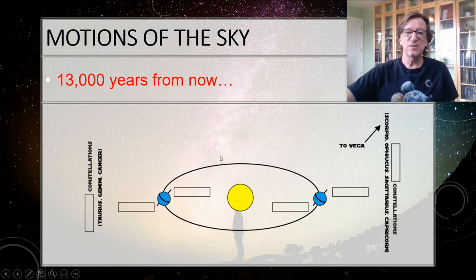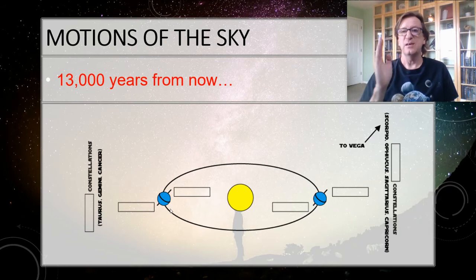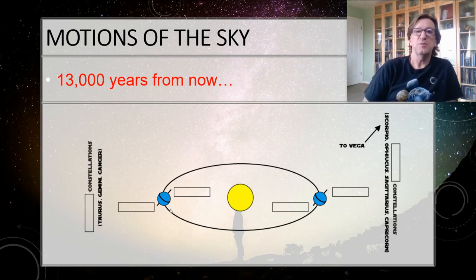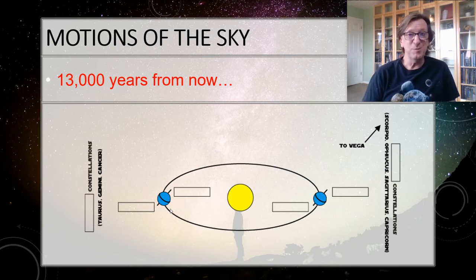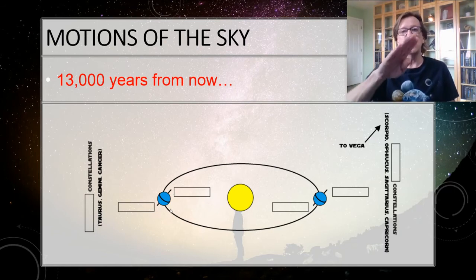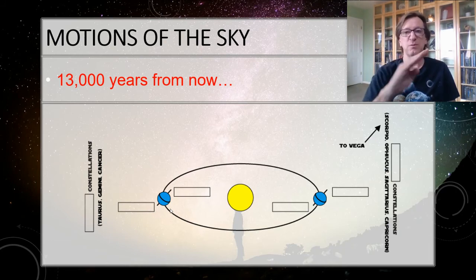So the Earth will very slowly precess like that, and that's changing which constellations are going to be visible during which seasons. It's also why astrology needs to be updated. You're probably not the astrological sign that you think you are. Because you think about it, there are 13 constellations. It takes 26,000 years to go around. So about every 2,000 years, we will have precessed by one constellation of the zodiac as we go around.